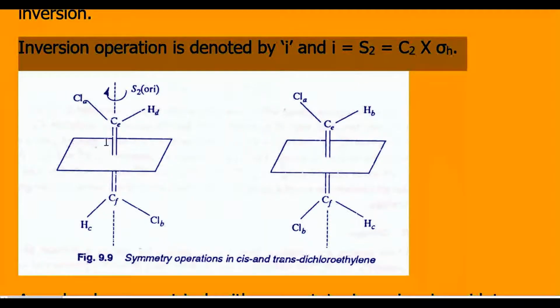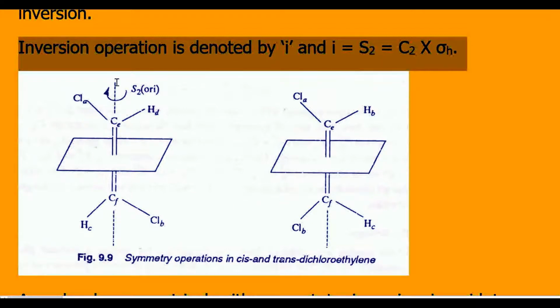The examples are cis and trans isomers of 1,2-dichloroethylene. So you have ethylene, C double bond C, and then you have 2 chlorine atoms and the remaining 2 hydrogen atoms. Now here you see that the 2 chlorine atoms are at the opposite sides, whereas in this case you will see that the 2 chlorine atoms are on the same side. Therefore this one on the left hand side is your trans isomer, whereas on the right hand side you have the cis isomer.